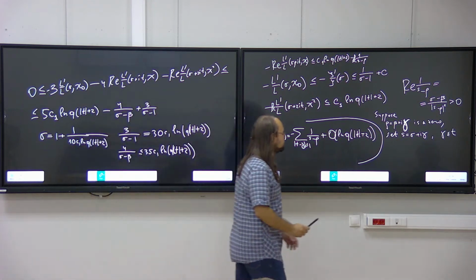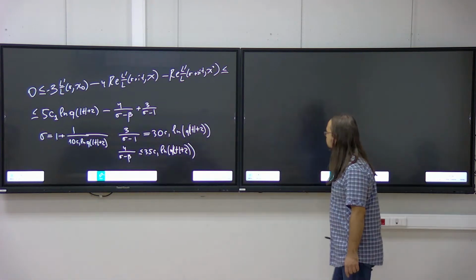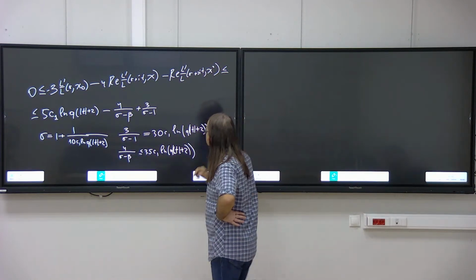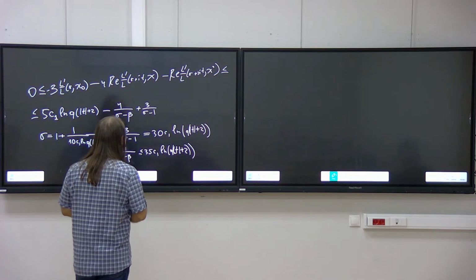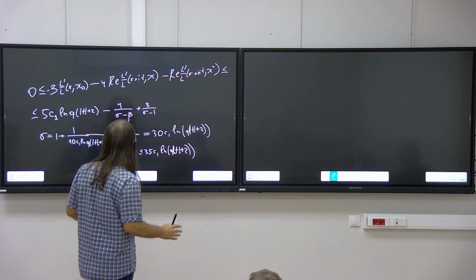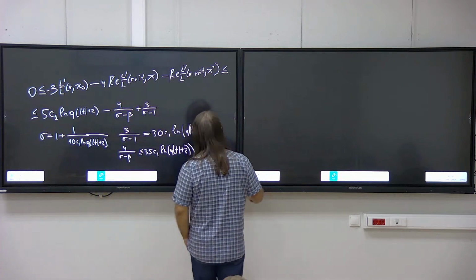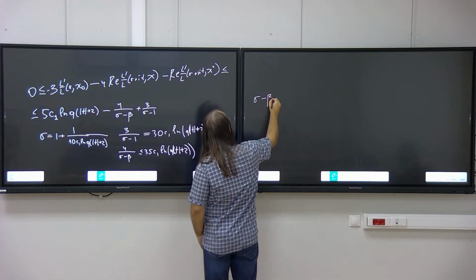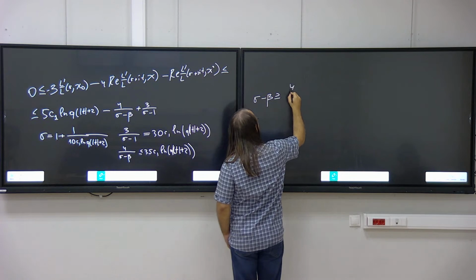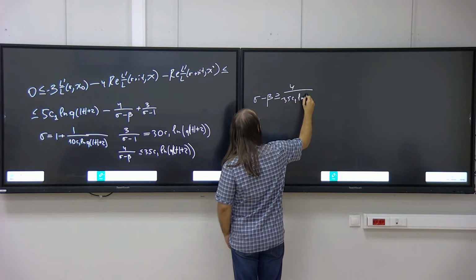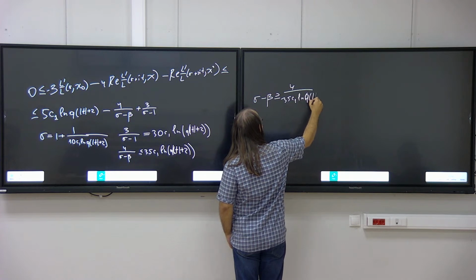And then you get... Why won't we have it again? That's a substitution, nothing happened. So now we get sigma minus beta is at least 4 over 35 C1 logarithm Q absolute value of t